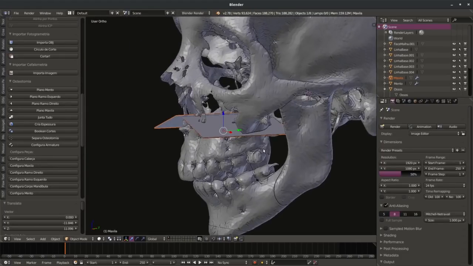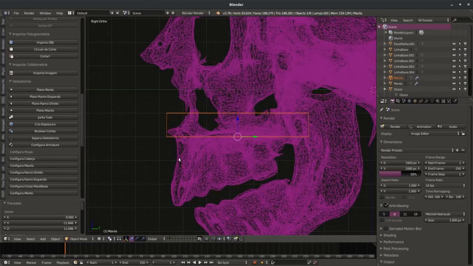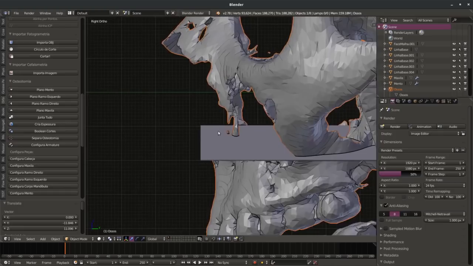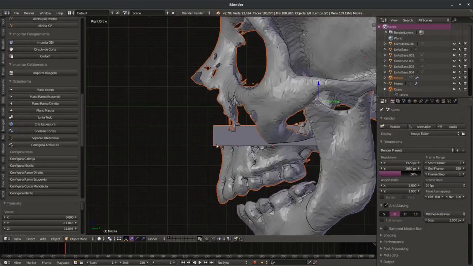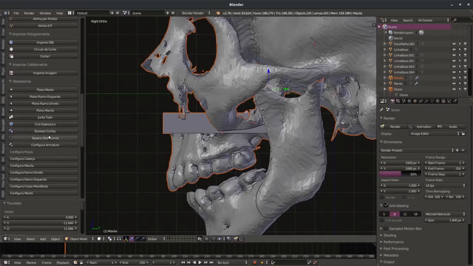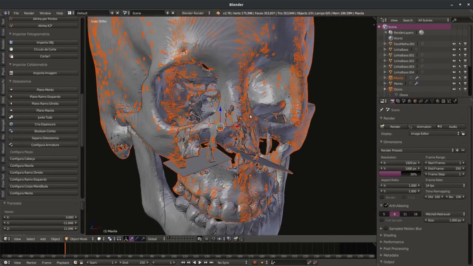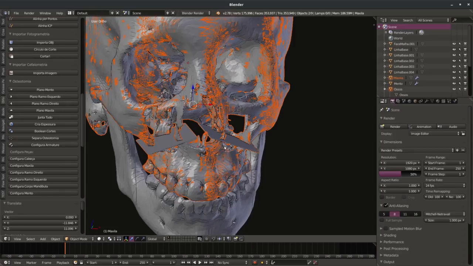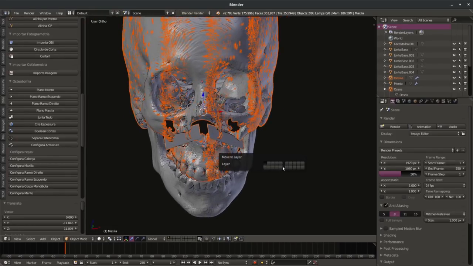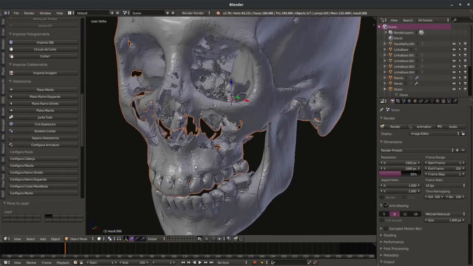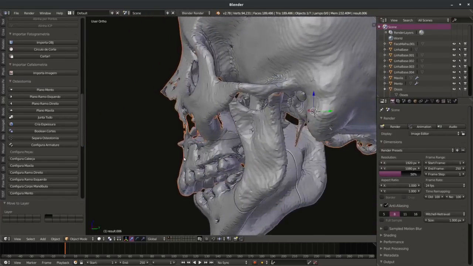Okay, so the same thing we did before. Select first the object that will be cut, shift, the object that will cut, and click in Boolean cortes to make the Boolean. Wait a little until the process is finished, like here. When it appears, that means the process finished, and we will move these objects to the other group of layers. Now we have the uncut skull,